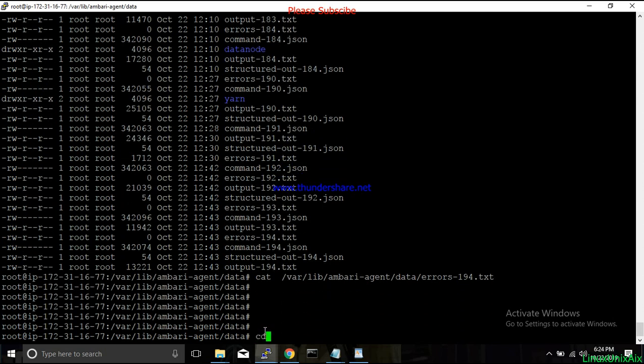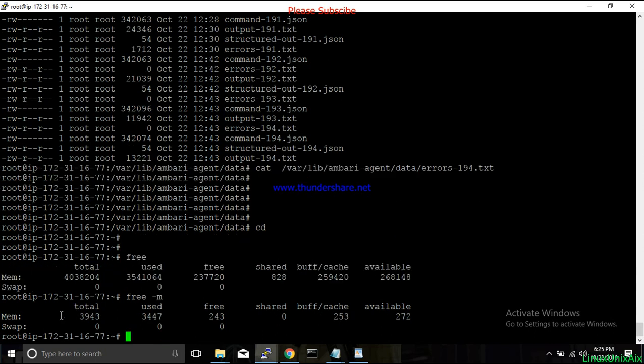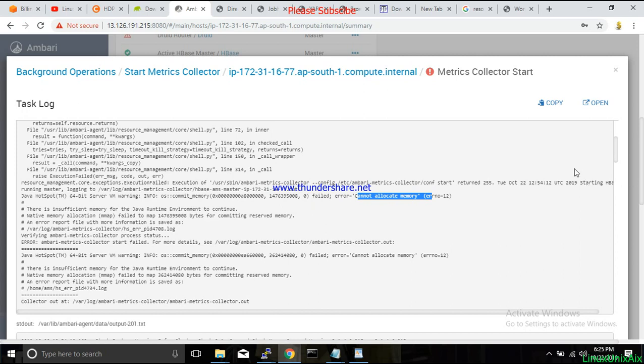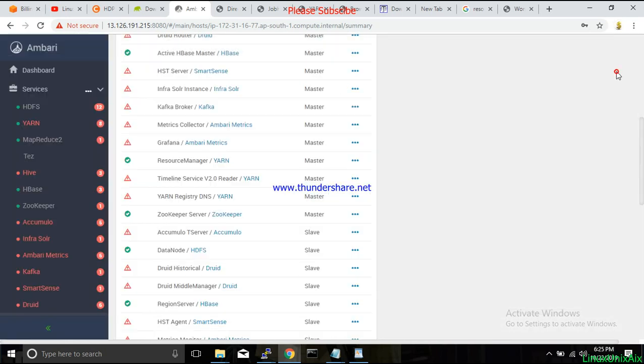So you need a lot of space here. As you can see here, almost like your free -m. So you can see out of 4 GB, 3447 is almost used. You have only 243 MB left, which is the problem here. That is the reason our metrics collector is not starting. Okay, so